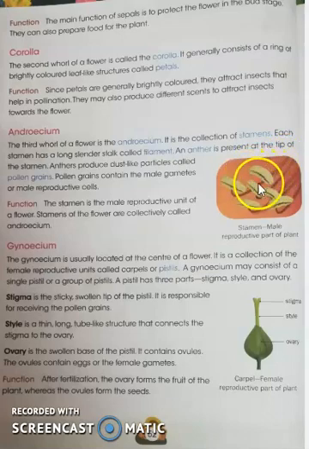And the anther is present at the tip. This structure you can see is called the anther, right? It is present at the tip, that is at the top of the stamen. Anthers produce dust like particles that are called pollen grains. So these pollen grains are actually the male part of the flower. Thus the androecium is called the male part of the flower.